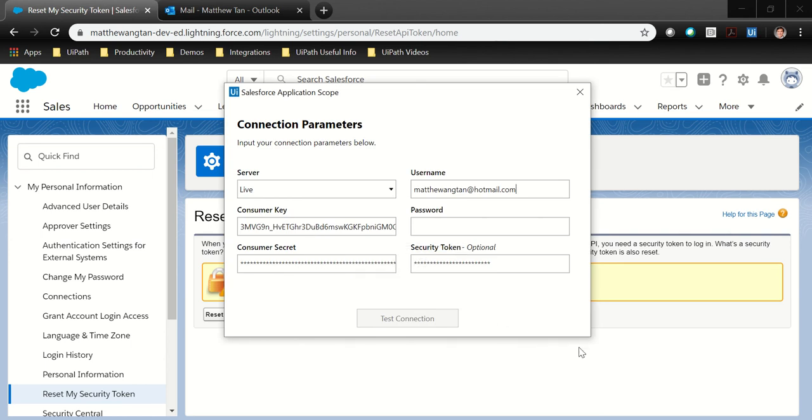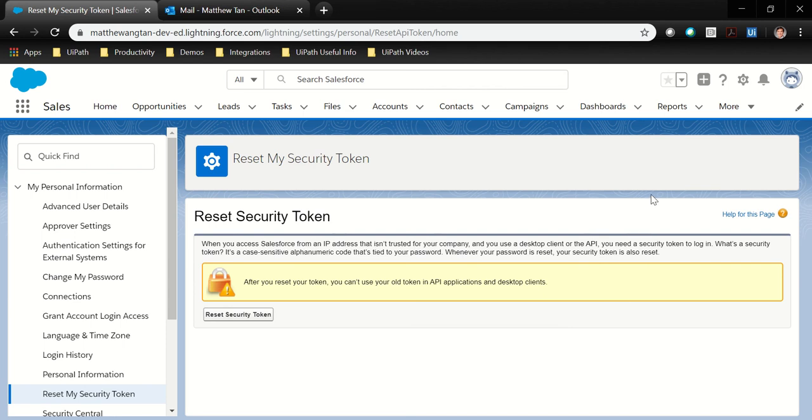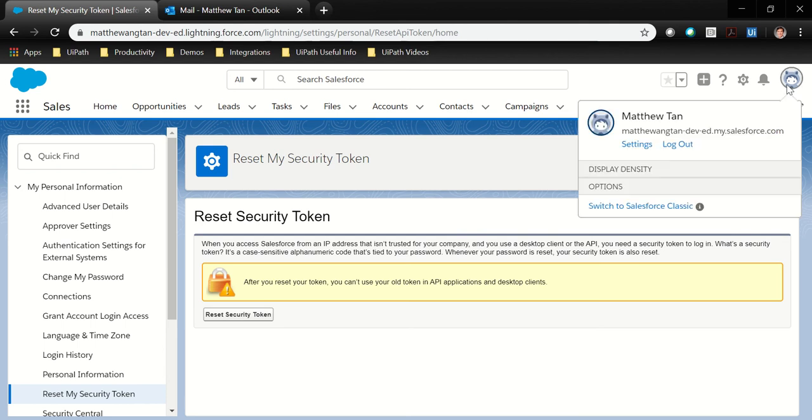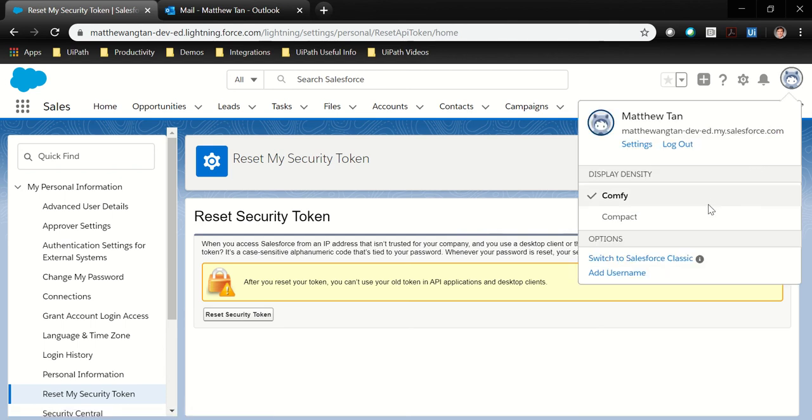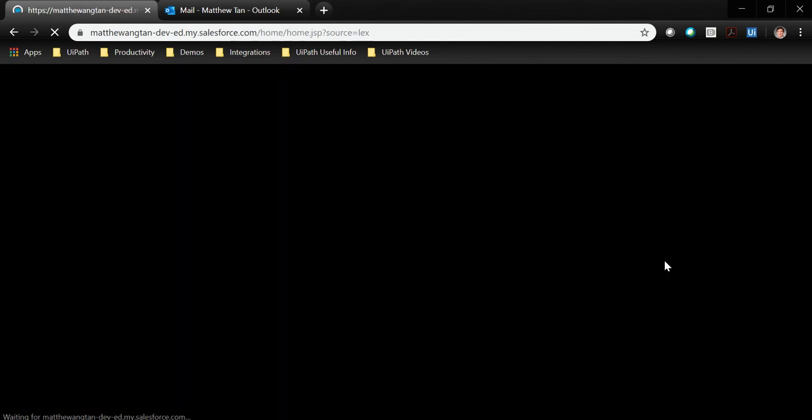So for consumer key and consumer secret, you need to be logged on as a user in Salesforce that has system administration privileges. My account already has system administrator privileges, and you need to be in a Salesforce Classic view for this. So switch to Salesforce Classic,